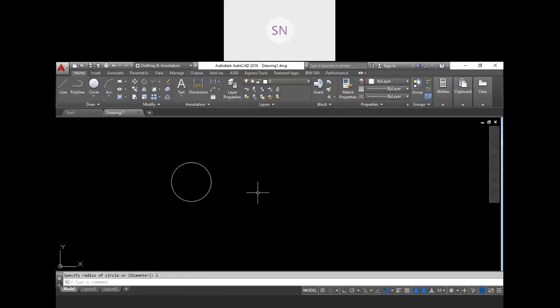If we are using millimeters, then create one line over here from the center. Sometimes you will not get this center, so we will discuss how to get these points in today's class. Don't worry about that. For that you need to turn on the object snap button, and the shortcut for that is F3.